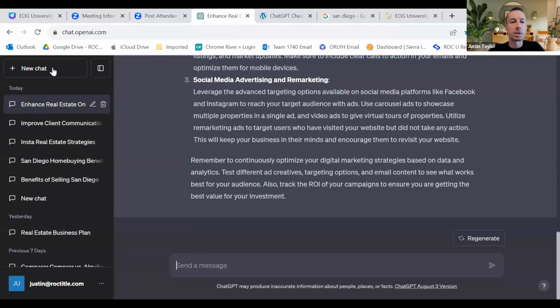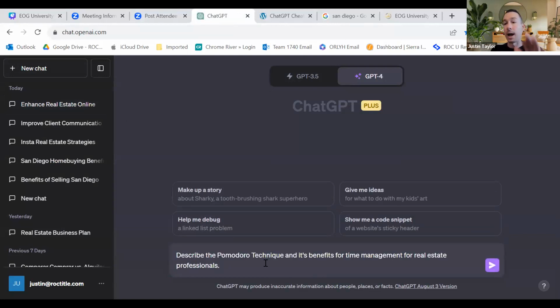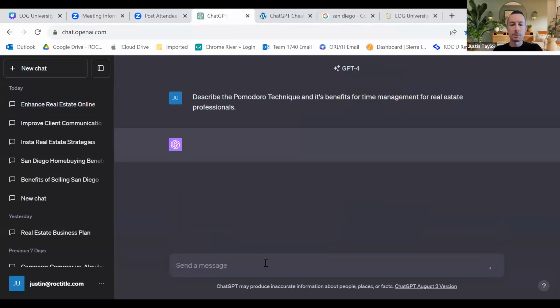Now I'm going to come into here because we want to learn about this technique. We saw it, or we learned about it at an event, or whatever it may be. Also, highly recommend everyone take time to go read about this, or just ask ChatGPT to summarize it for you, because it's actually a very cool and effective process. If you want to be more productive, or you want to be better at time management, you can leverage this technique. So I'm going to go on and paste this.